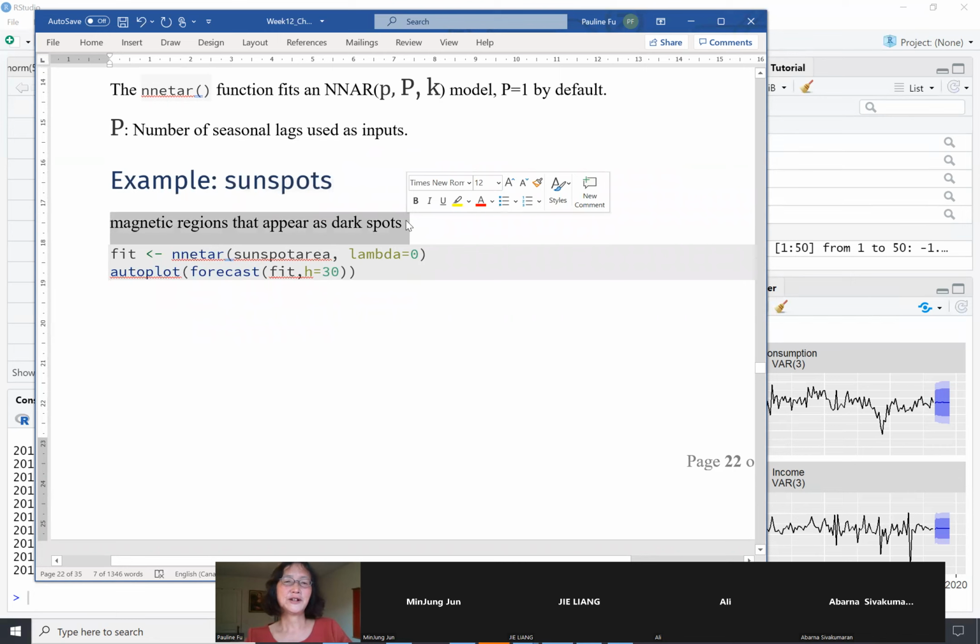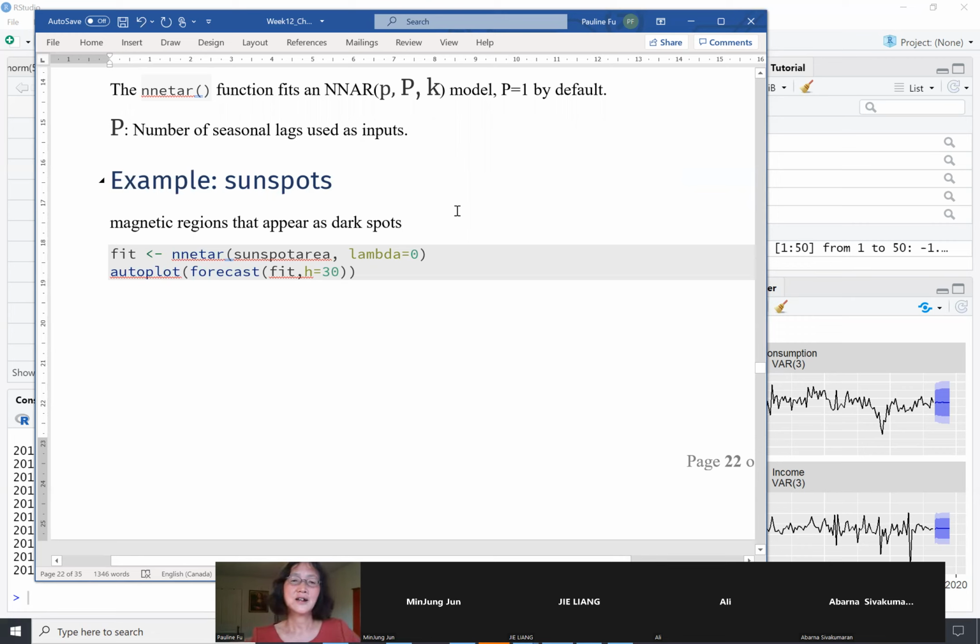Why are we interested in sunspots? Because the telecommunications industry is interested in this, because sunspots will affect the radio wave. So telecommunication companies, maybe Elon Musk, SpaceX, will be interested in sunspots, because they want to forecast